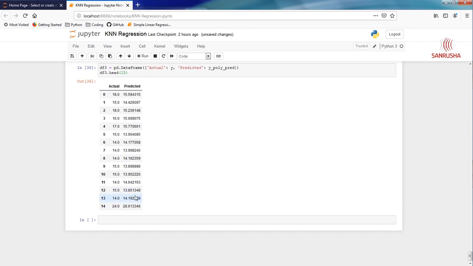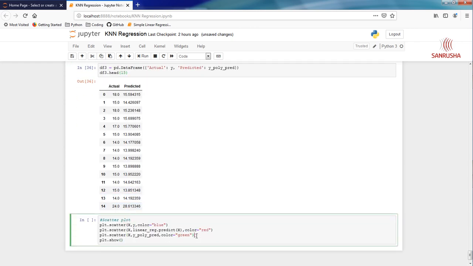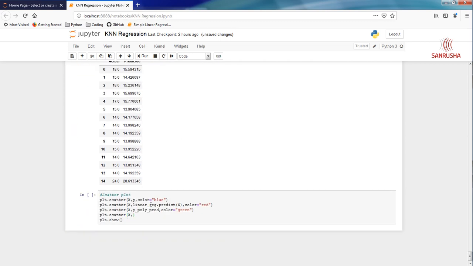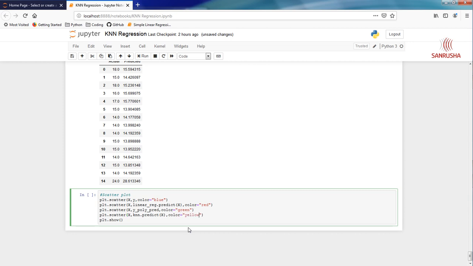Okay. plt.scatter, x and y, in this case the predicted value is going to be this, and I'll pass x, and for the color of these points, let's say I'm going to say yellow. Good job. Let's see.